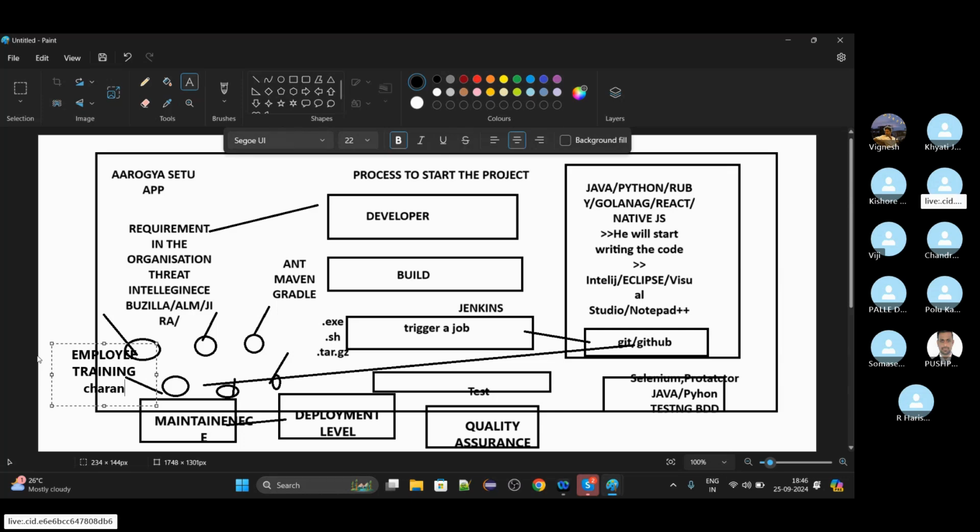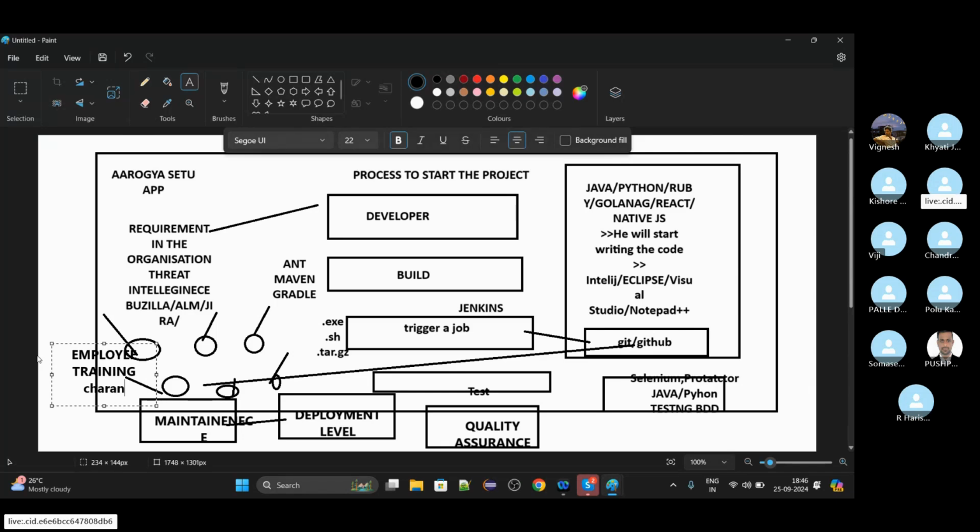Now 4 to 5 months it goes fine, but when we give such big projects to any organization, there is an agreement that you have to keep this application at the monitoring stage.